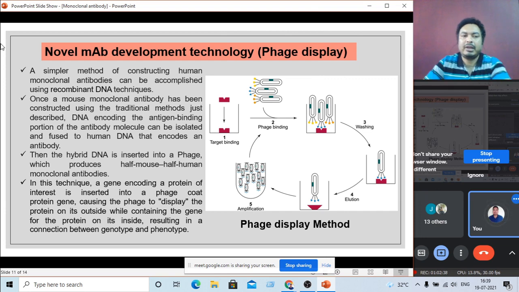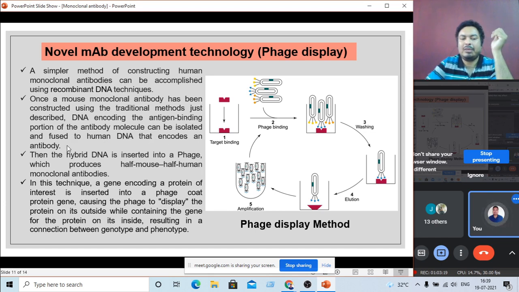So how can we produce it? You can see the mechanism. You can see a simple method of construction of human monoclonal antibodies can be accomplished using recombinant DNA technology. By using recombinant DNA technology, you can produce the monoclonal antibody. Once a mouse monoclonal antibody has been constructed, first of all we have to construct the monoclonal antibody inside the mouse, then DNA encoding the antigen binding portion of the antibody molecule can be isolated